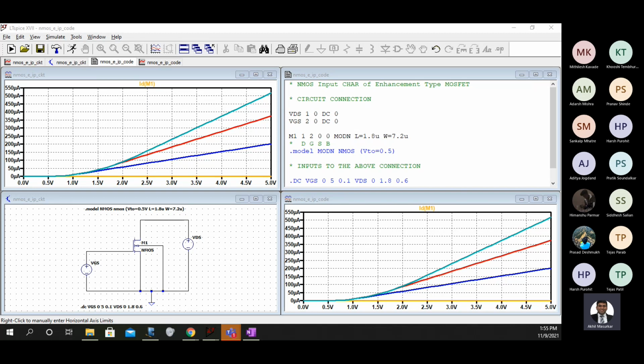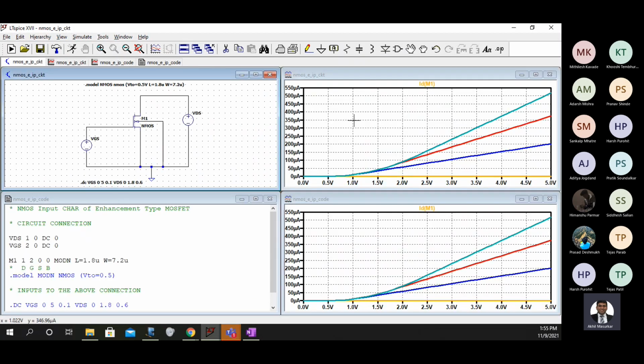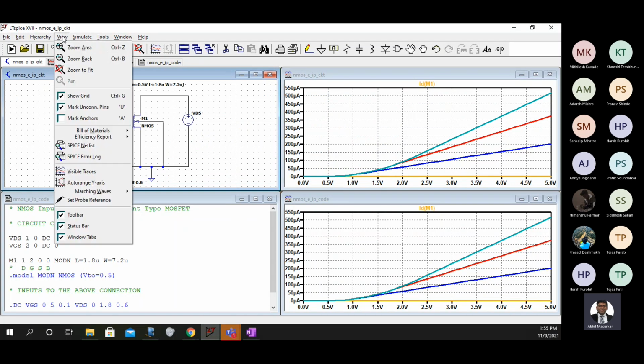Have you all understood this? You all should get this, okay? So either way you should be able to do this. Now the question arises, is this circuit also following the same code? What is actually running in the backend is this code only. Now how can we see that? You can click on this circuit, and then right here, go here and see Spice netlist.